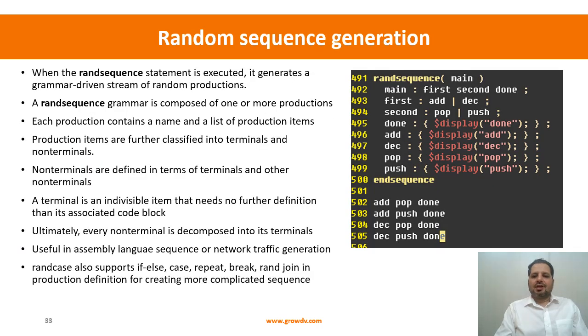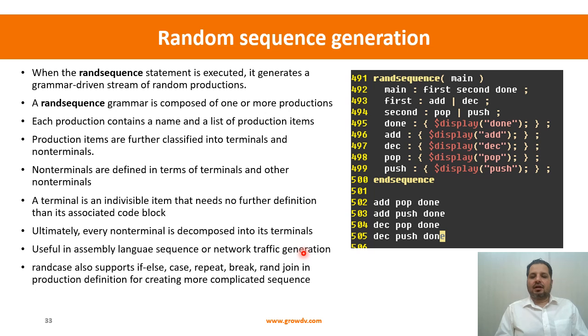So continuing with procedural code-based randomization, we have one more construct called rand sequence. I have not seen very frequent usage of this particular construct, because typically we do sequence-based randomization using the UVM sequence, which we will look at when we get to the UVM verification methodology. But this construct exists and it's very involved. I mean, it is very strong. It has a lot of capabilities, and it can typically be used in an assembly language sequence or